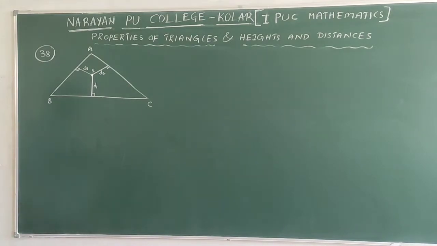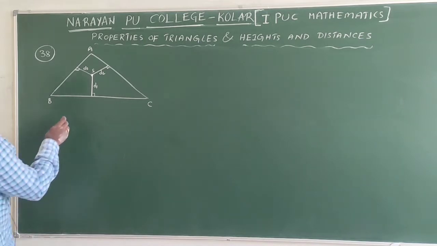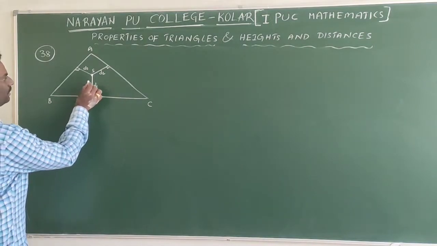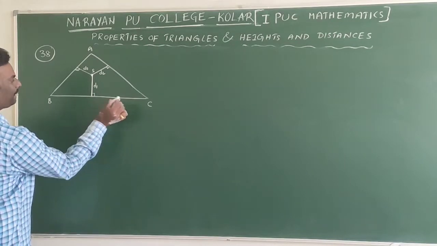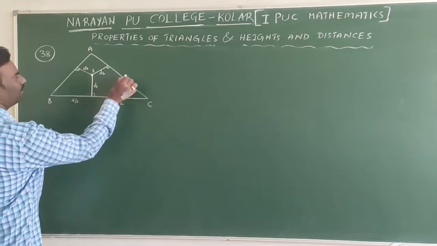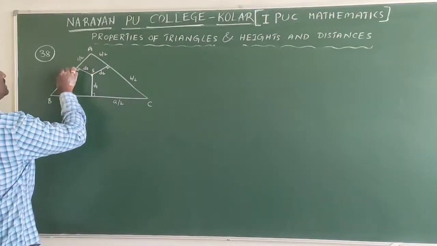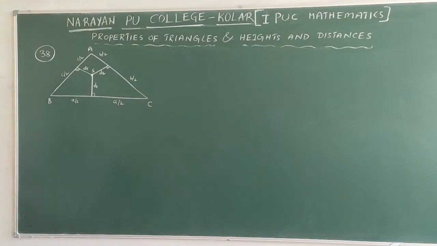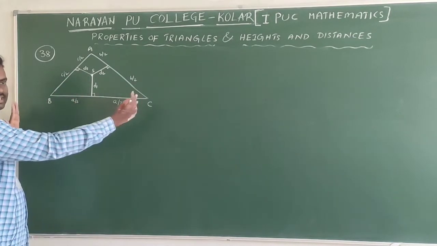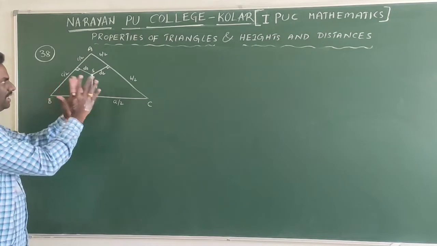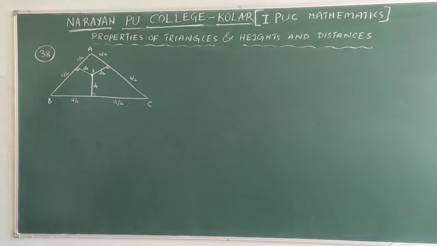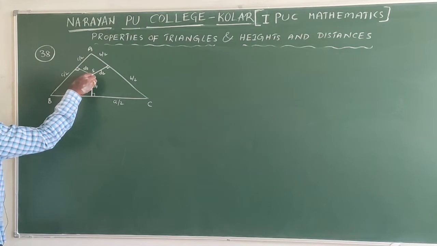Okay. Now here the triangle given is a general triangle only. Now this length is a perpendicular bisector. This is A by 2, and this is A by 2. This is B by 2, and this is B by 2, and this is C by 2, and this is C by 2. Because the circumcenter line is called a perpendicular bisector, it bisects the entire side. The total side is A, dividing into two equal parts, A by 2 and A by 2. Okay. Now, you join these two.